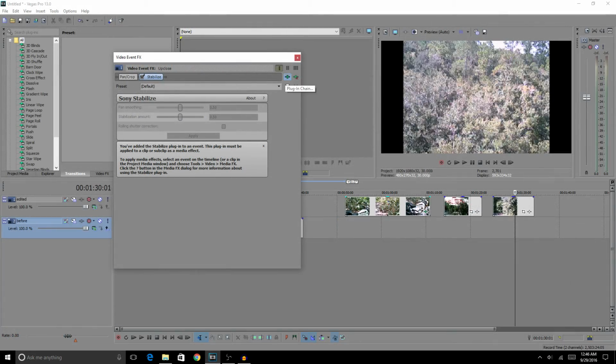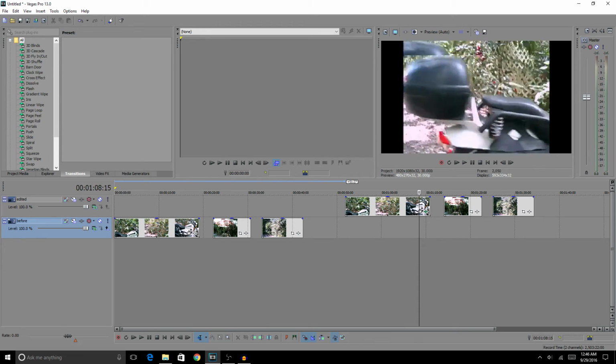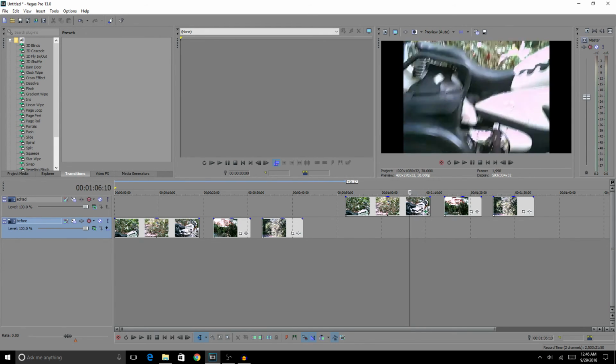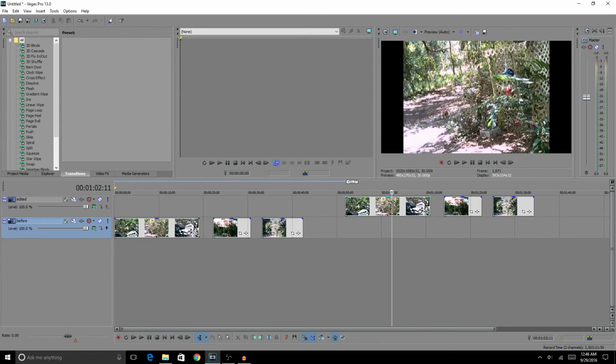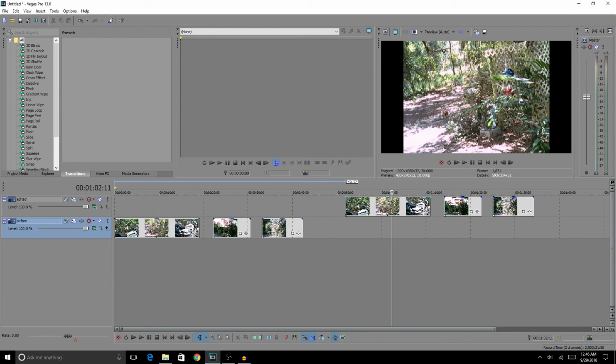And well, then you're basically done. You can either just adjust the sliders and hit apply, or you can go under the little preset menu here and select whatever preset you want. In my case, for my drone in particular, the medium stabilization seems to help a lot. And of course you're not going to be able to see this super easily right now, but bear with me guys. I'm going to be showing it again, but for now I'm just going to delete that plugin and show you another way